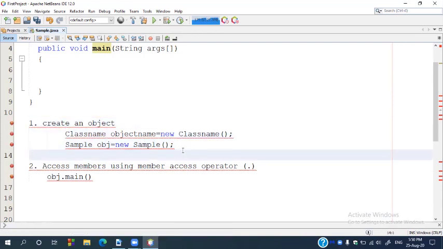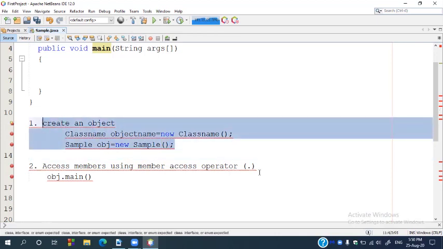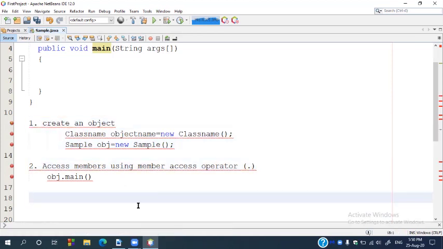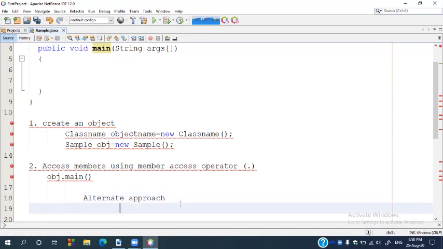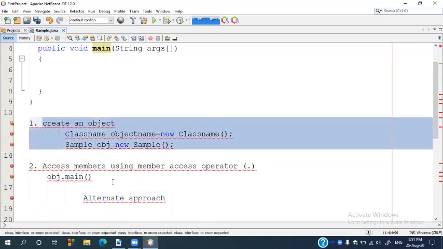Why can it not be executed? Generally, the execution will start from the main function, and no lines of code will be executed before the main function. So you cannot create objects to call the main method. Is there any alternative approach in Java to access the main method without creating any object, to bypass the first step? Is there any approach in an object-oriented programming language that allows us to access the main function without creating an object?